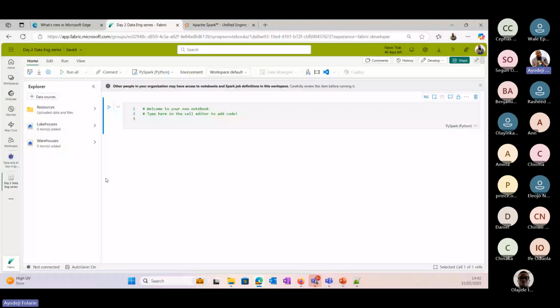Now on the notebook, number one, I can save this work as another name. I've not written anything, but let's assume I have written thousands of lines of code. I want to save it, I can save it. I can also download my work.